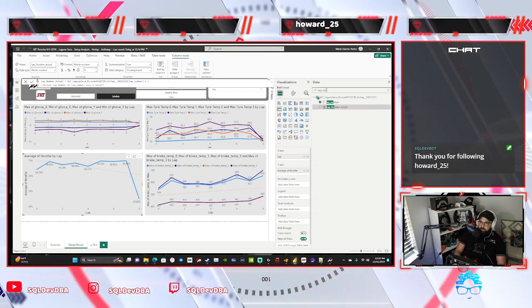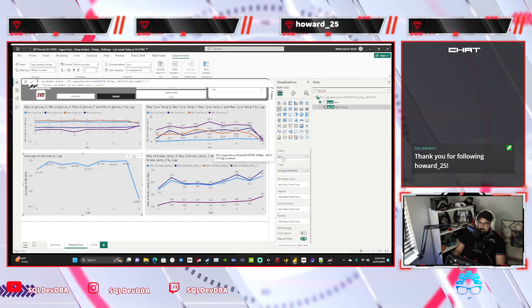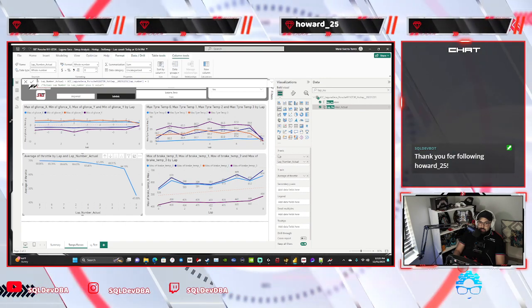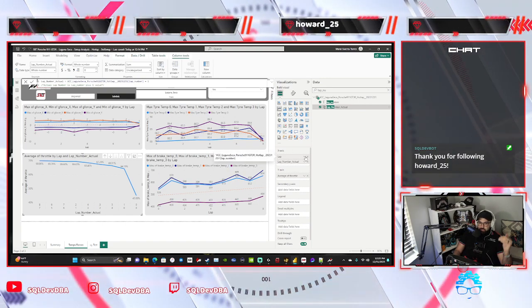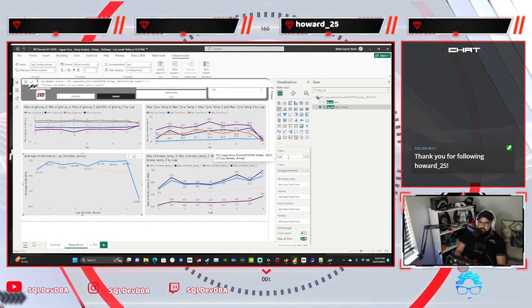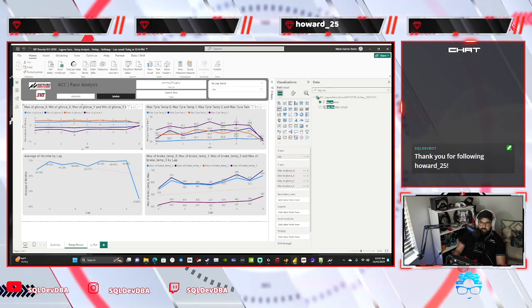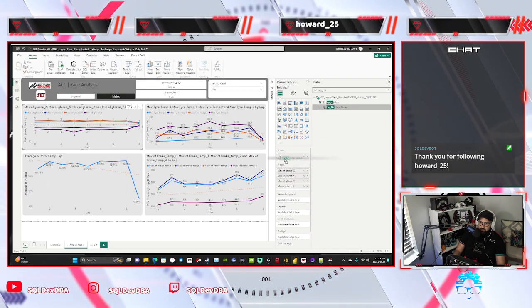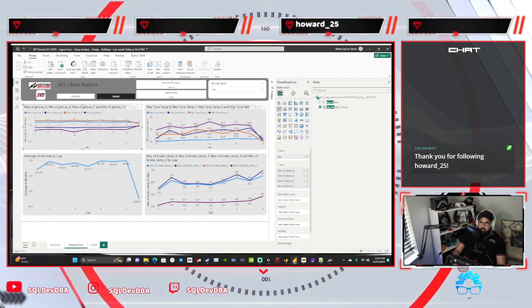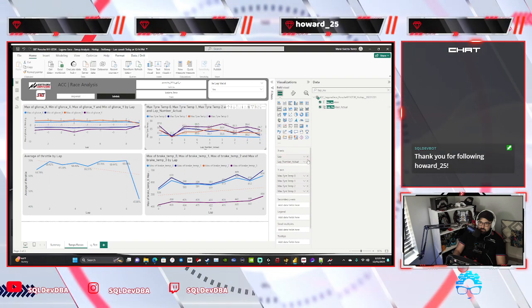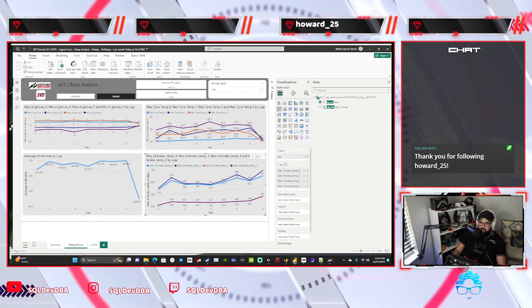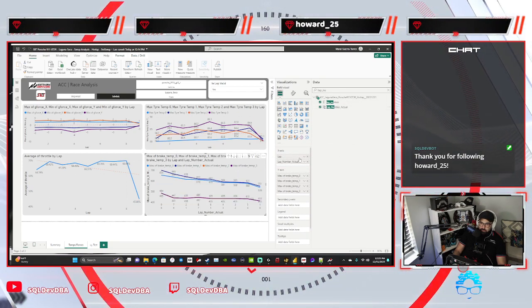So all I have to do to change all of this is just search for lap number over here. And here where it says lap number, I'm just going to replace that value with the lap number actual. Now, it's not actually letting me replace it. It's just using it as a drill down. So I'm going to have to remove the original lap and then call this one lap. By double clicking on it, I can just rename it. So I'm going to do the same thing for all the visuals here. Remove it and then rename this one. Then I'll drag this in, remove it, and rename this one. And same thing down here. Remove it